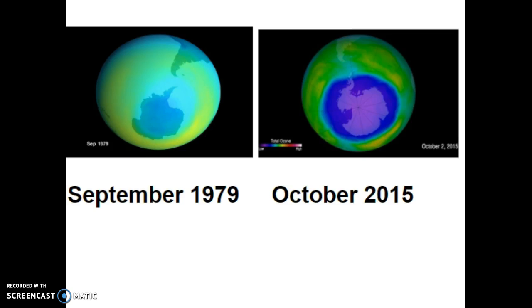Here's a comparison map from one of the first bits of data that have been collected about the ozone layer in the late 70s, early 80s. And then you can see here in October 2015, that was the most current picture that I could find of this. So the greens and the blues are good and solid. The yellows means that it's thick. The purple and the dark blue, however, means that that's where the hole is. So you can see the drastic change that's really taken place over a little over 30 years.